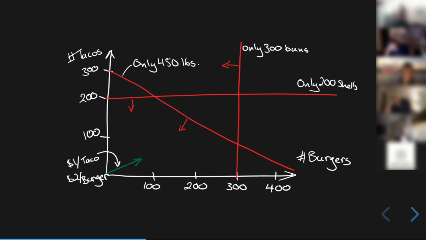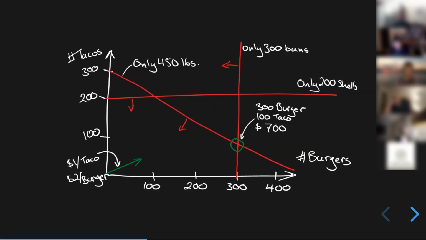And then if I draw how I measure success as an arrow, this is the objective. I get $1 per taco and $2 per burger. So that's why the green arrow is pointing in that direction, saying, hey, this is the direction of success. I want to go as far in this direction as possible while staying within those boundaries. Now, visually, we can see the answer to this because it's such a simple problem. It's only 2 dimensions. The best possible solution is going to be 300 burgers and 100 tacos, and that will give us a revenue of 700.